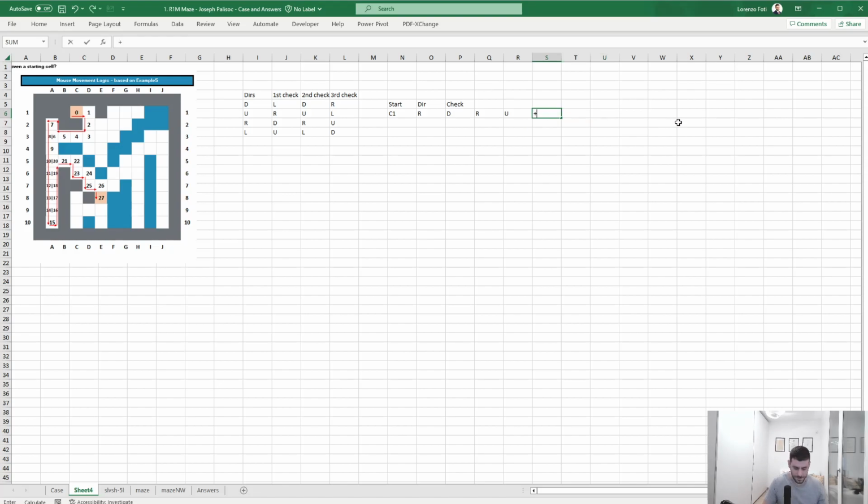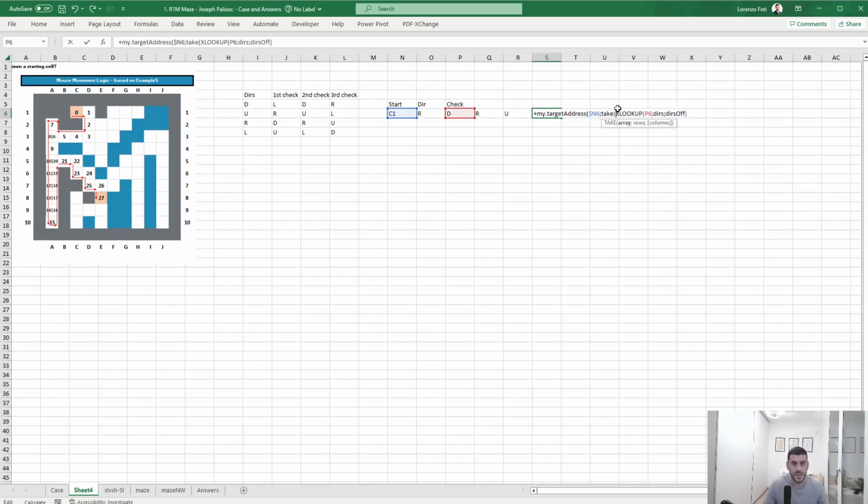So I will do a target address of this, lock rofset will be the XLOOKUP of this into directions, returning directions offset,